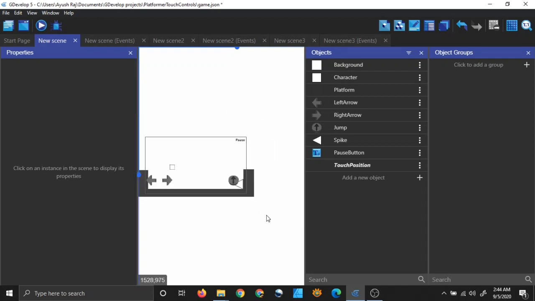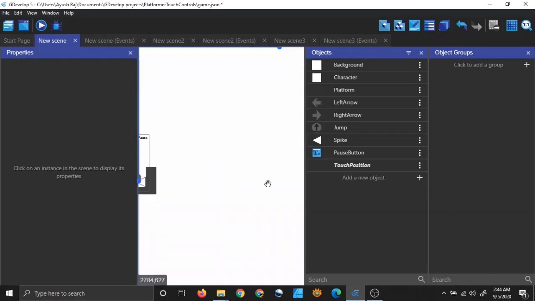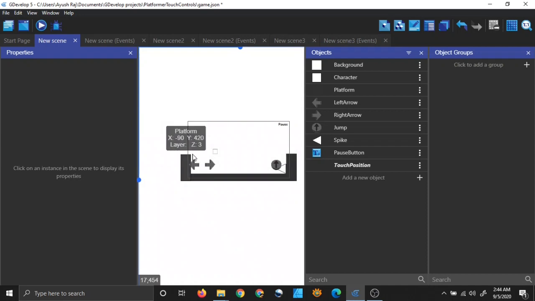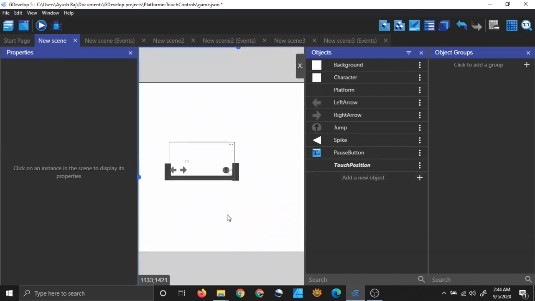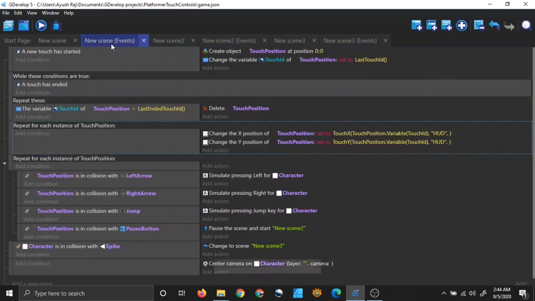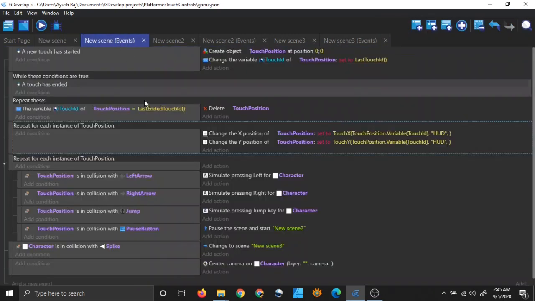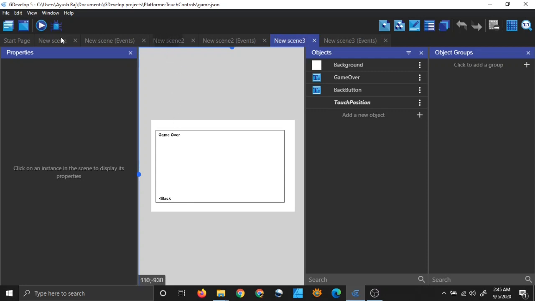And you can increase your stage. Your stage can be very big and your camera will follow you around, and your controls will also be visible. So I have verified that also. I have not made it here, but you can increase your stage further and check if that's working. It is working, but you can do it too. I mean, increase the stage size, it will work regardless of your stage size. So yeah, that's how you can make your multi-touch work in menus also, right? And that's how you can do it.